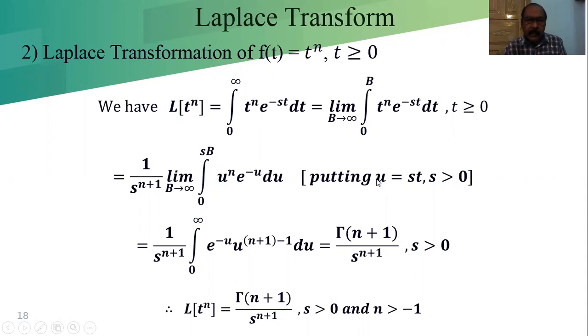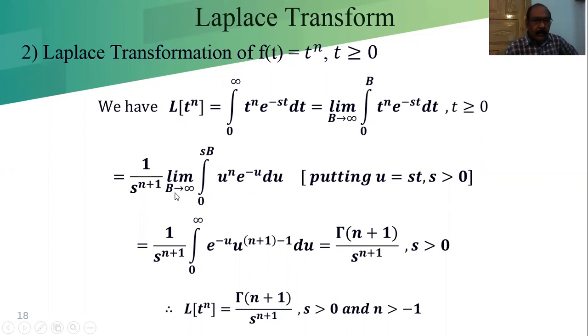Differentiating this, du equal to s dt. So from that we will get one s, and from here we will get another s. So dt equal to u du by s. So from that we will get u to the power n e to the power minus u du,